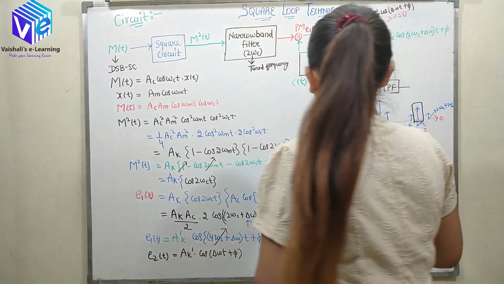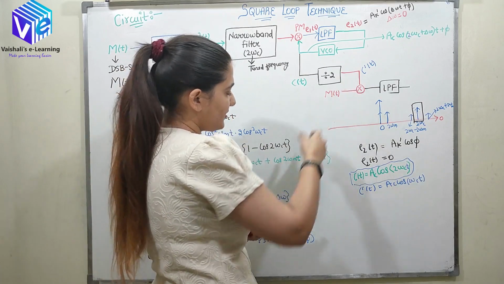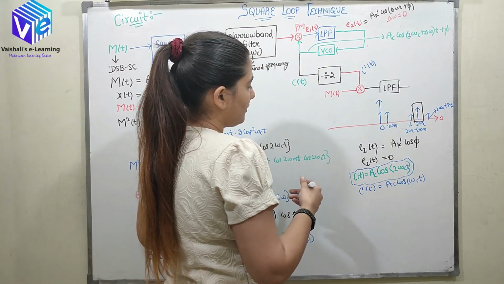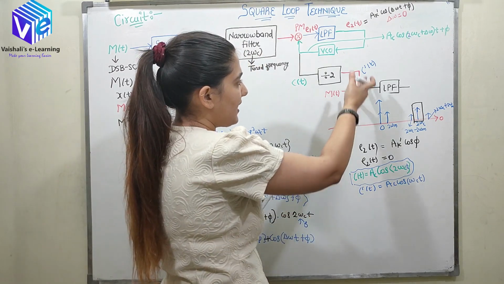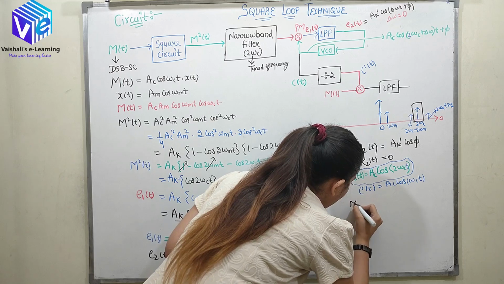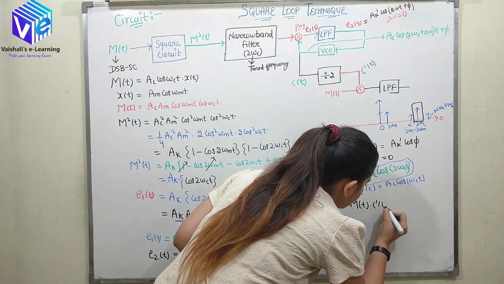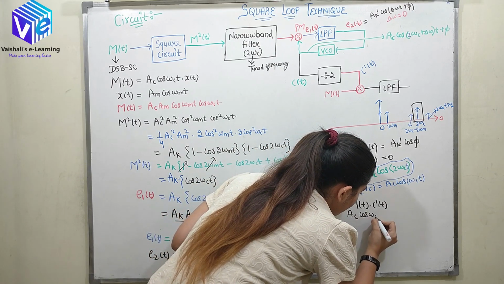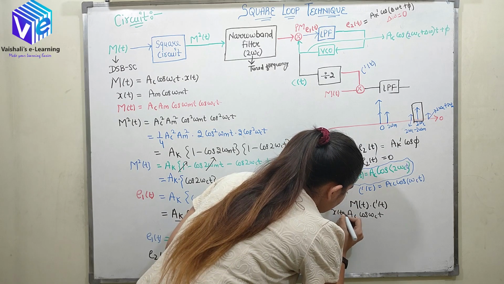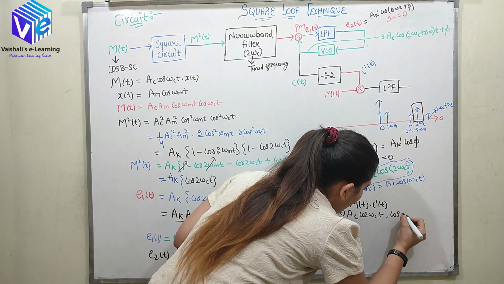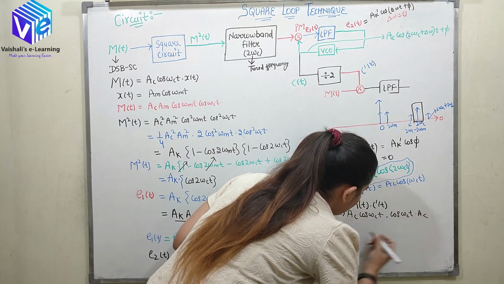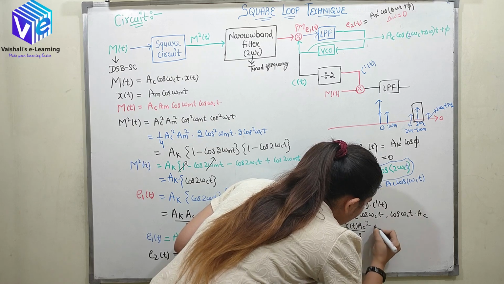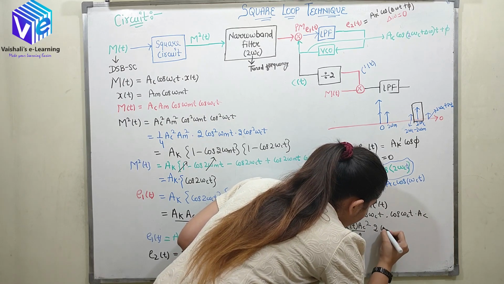So now what is happening here? It's just the synchronous detector. M t is multiplied by the carrier signal, so M t into C dash t. M t was again AC cos omega c t into x t. It is multiplied with cos omega c t into AC. So here I'll get x t AC square upon 2 into 2 cos square omega c t.